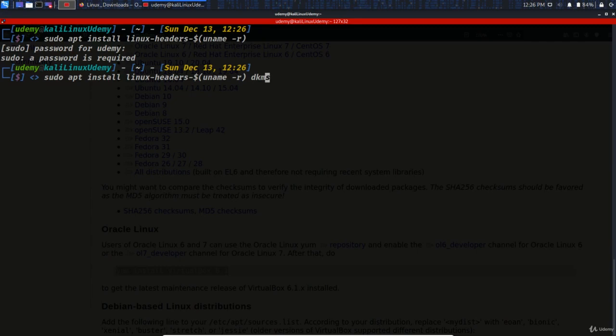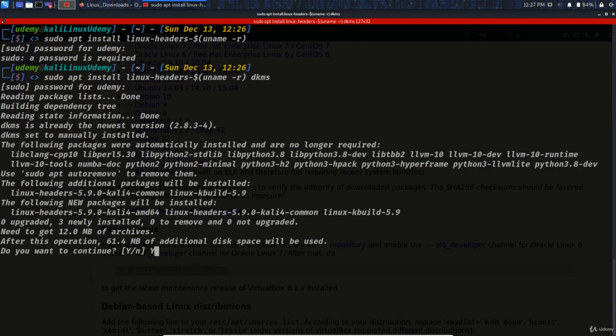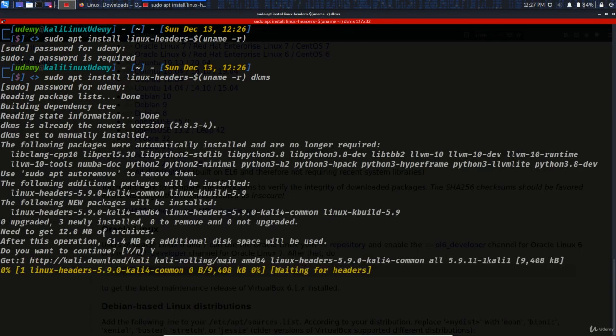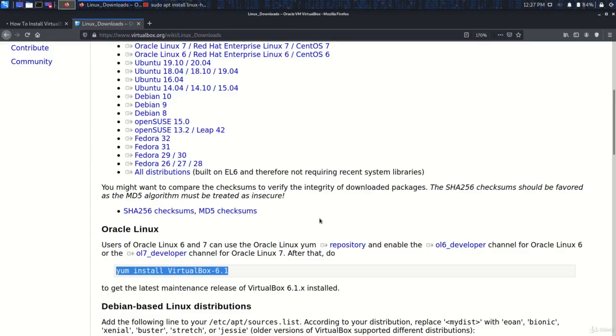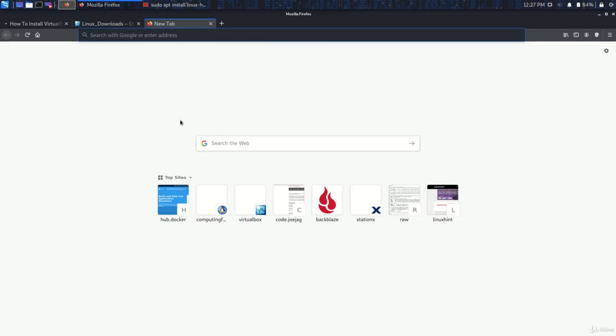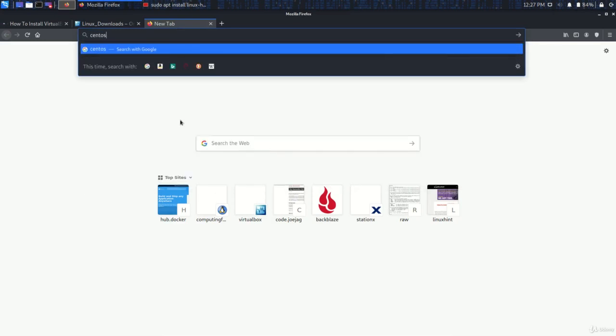And VirtualBox needs both of these packages in order to work and do the virtualization thing. So the password prompt wants to get 12 megabytes of archives as this is going on. On Red Hat or CentOS, just search for example, CentOS kernel headers install,